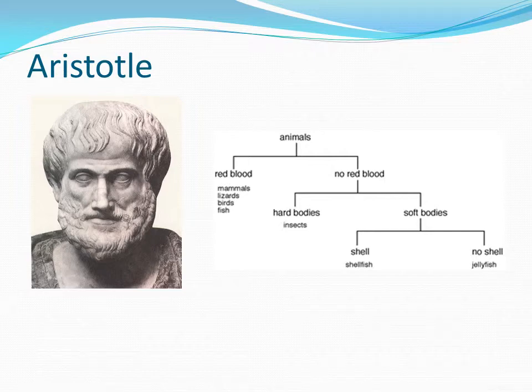Now this is one branch of science. The other branch of science that Aristotle started thinking about was explaining physical phenomena, and this is where he did a really bad job and got it wrong, but his contribution is the fact that he was thinking about it at all. So let's look at some of his physics.